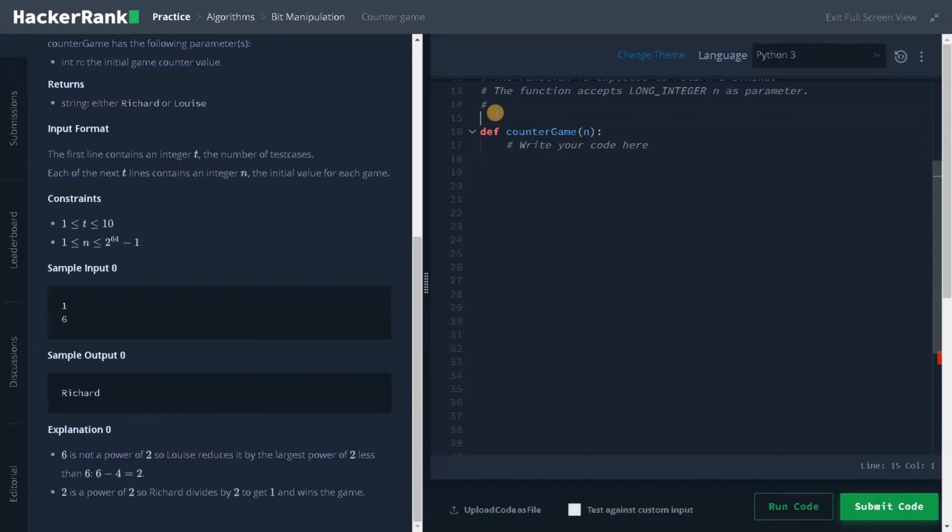So let's take this as an example, 6. We will convert that into its binary representation, 1 1 0. This is the binary representation. If you subtract 1, 6 minus 1 is 5, which is 1 0 1.